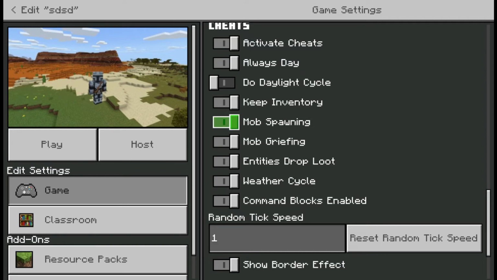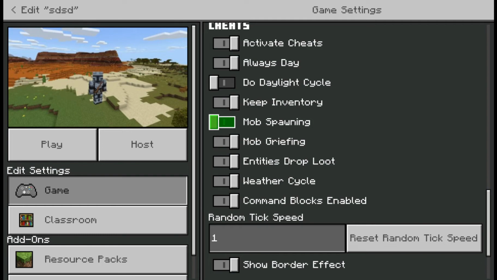Mob spawning, you can disable mob spawning. When you do peaceful game mode, the negative mobs will not spawn, right? So the creeper will not spawn, but the sheep will. Now you can disable the mob spawning, which means there will be no entities. Be careful, okay? Because some stuff, for example, like an armor stand, is considered a mob. It's an entity, yeah. So when you do this, there will be no sheep, no cows, but also no armor